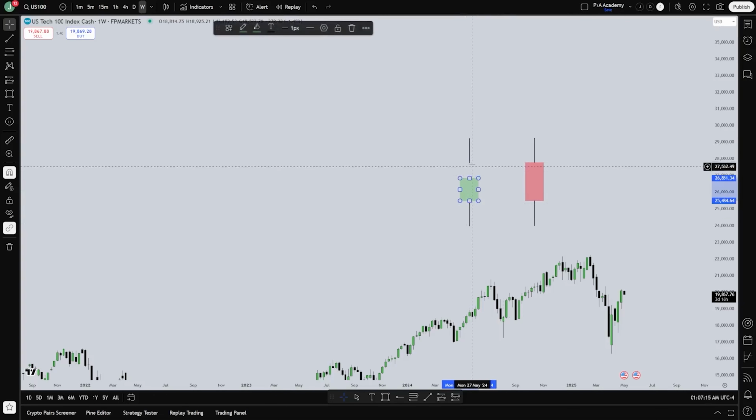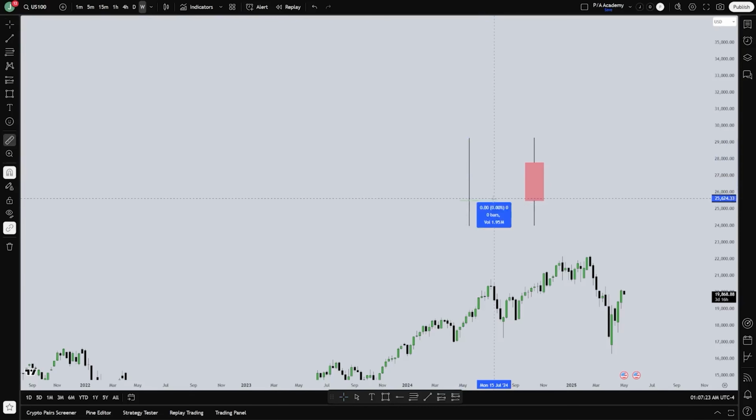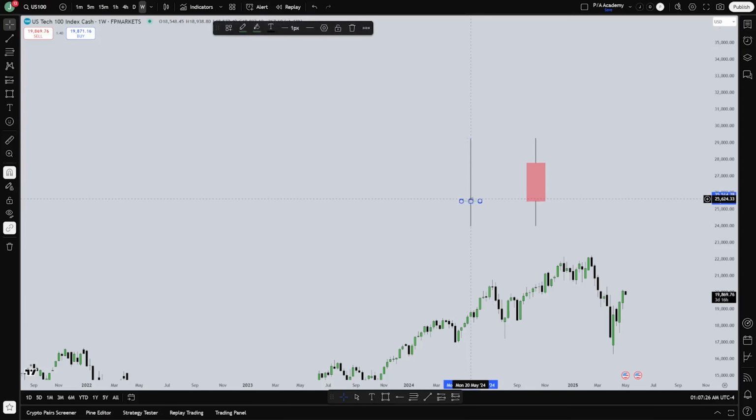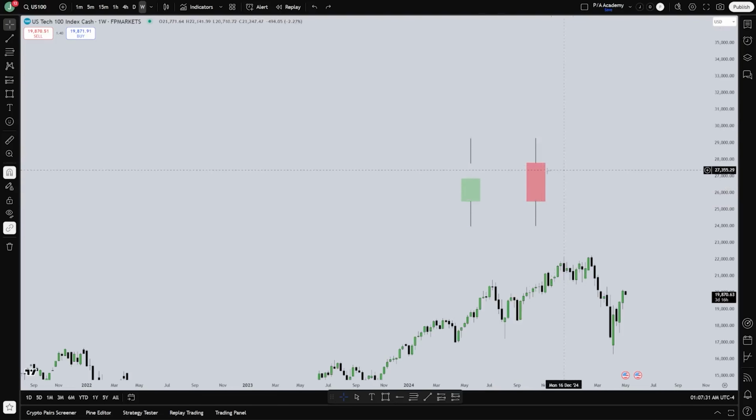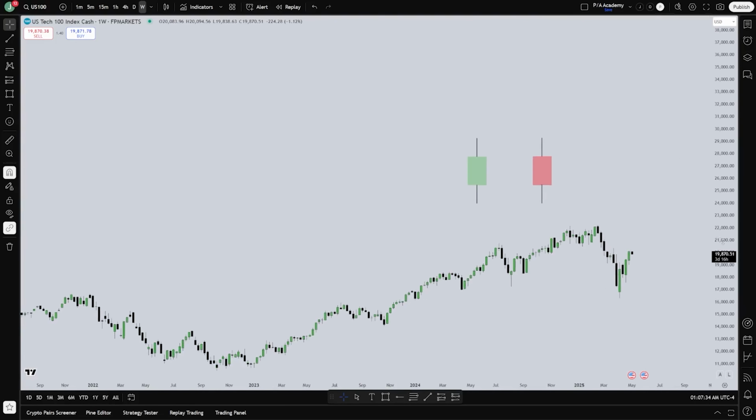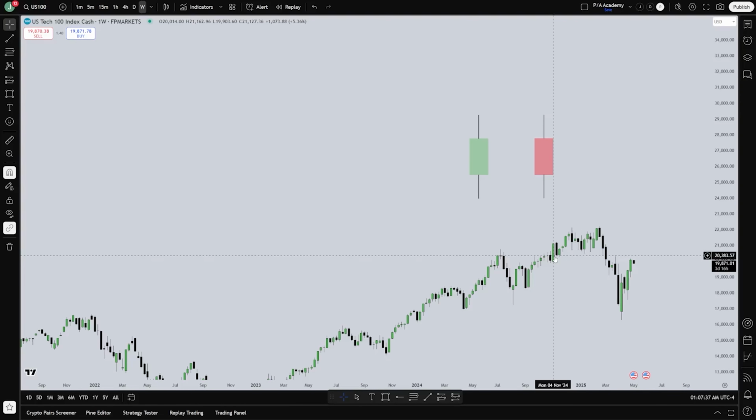Of course, it could look like this, or like this, where it literally opens and closes in the same area with two wicks. There are multiple formations. I just drew out the most average or normal ones. As you see, they're all relatively the same, like this one. Some of them are like this without any bodies. Some of their bodies are skinny, but mostly they're big with little wicks. This one has barely any wicks with a big body, so this one's a bit odd too. So it's a strong